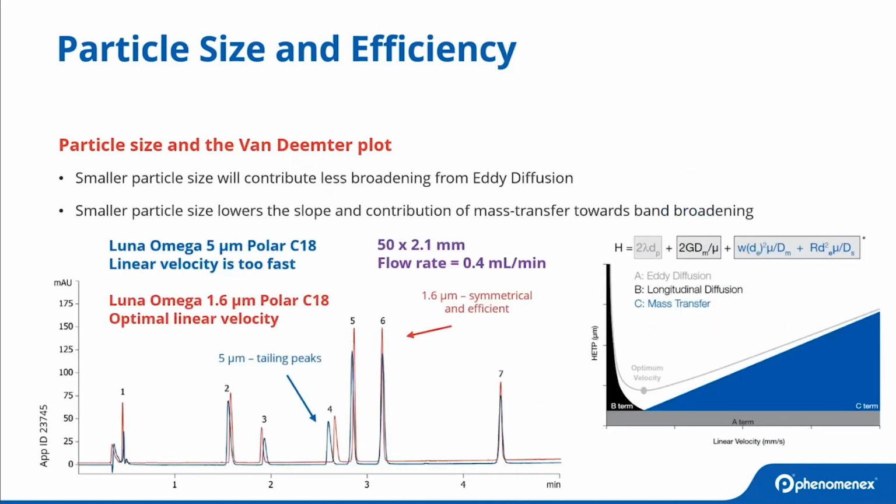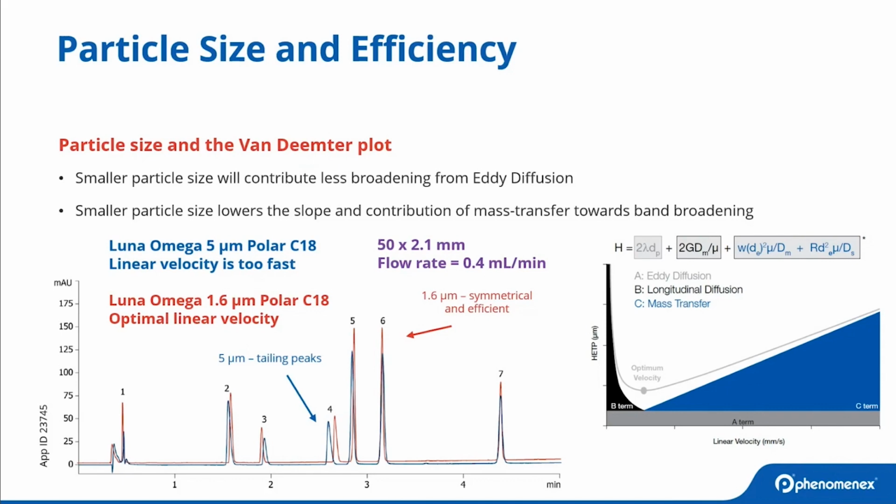Now we can return to explore this graph, these overlaid chromatograms, and we can get a better idea of why those 5-micron particles exhibited some peak tailing. Specifically, that flow rate was very aggressive for a 50 by 2.1 millimeter column. As a result, it